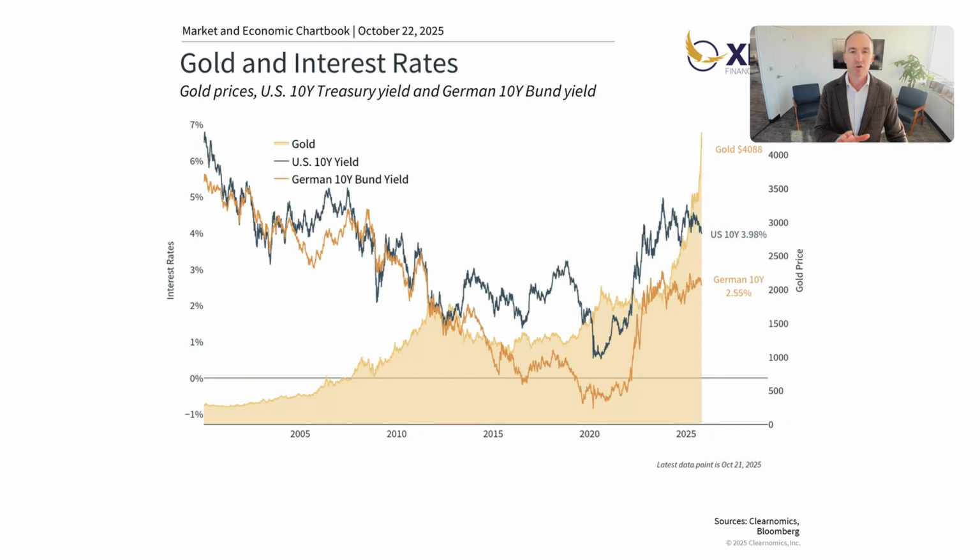Okay, we just saw gold and stock prices. Now let's look at something where there's a more defined correlation. Here we see gold in relation to interest rates. Now, gold prices often move in the opposite direction of interest rates. In this chart, gold prices are represented by the filled in gold area, and interest rates are the thin lines that, starting from the left, generally slope downward. And what we see is that as interest rates are falling, gold prices tend to rise.